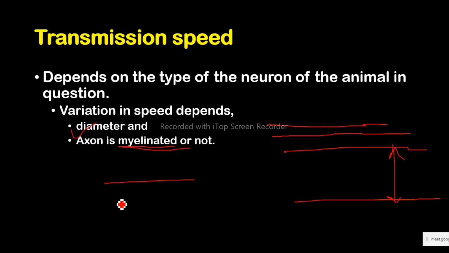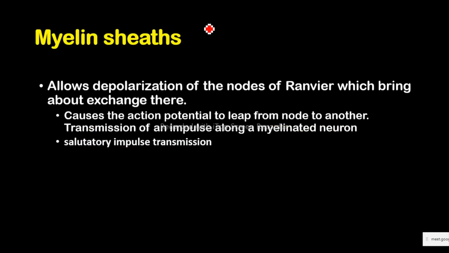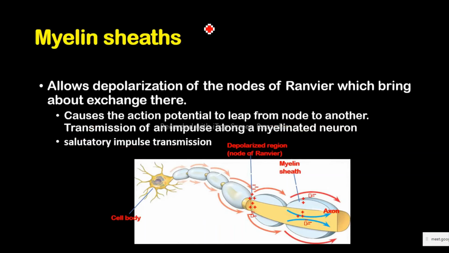If this is your axon, some axons are myelinated, where they do have the myelin sheath, and others they do not have the myelin sheath. So the myelin sheath also affects the transmission speed, as we are going to see. Now with the myelin sheath, if you have the myelin sheath on your axon, then,